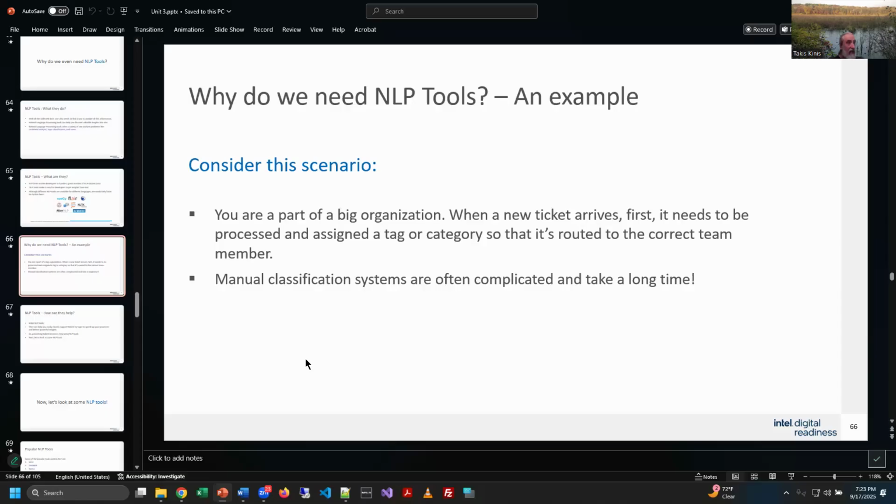So think of a support ticket for IT as a good example, right? It says manual classification systems are often complicated and take a long time. And strangely, I have that exact complaint about our IT ticketing system here at Gateway, because I'll have a problem with a certain thing, and I'm navigating 5 menus trying to figure out what category this is. Is this network or technology or classroom or Brightspace or what is it? Right. And that's one of my complaints. And then sometimes I just choose other and let them figure it out.